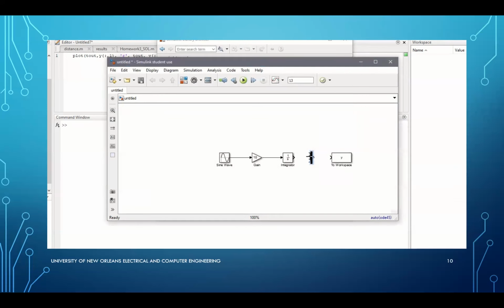Which is what I need. I need one input from the integrator and one input from the game, and that's going to be routed to the workspace. Okay. So to do that, I'm going to click on the output from the multiplexer, bring it into the input to the workspace, and since I need two